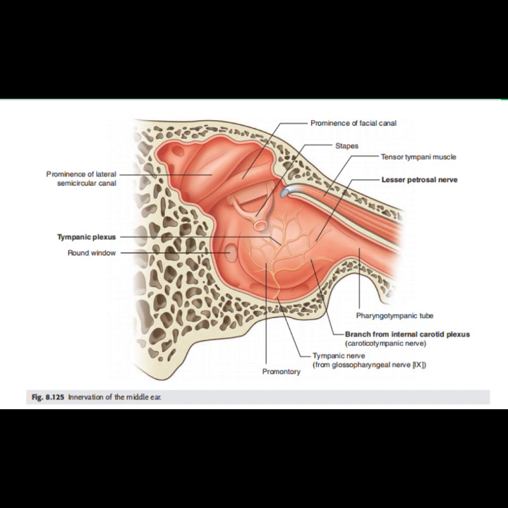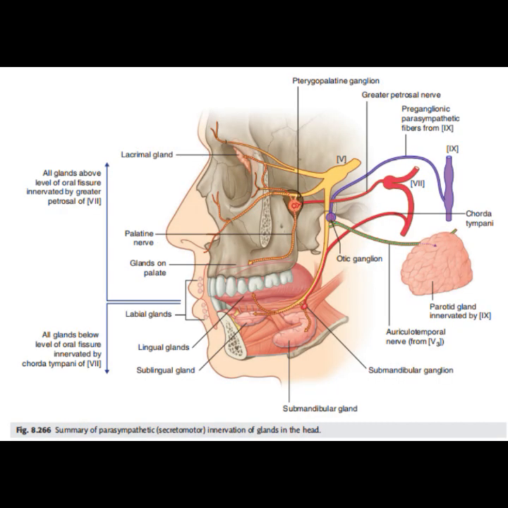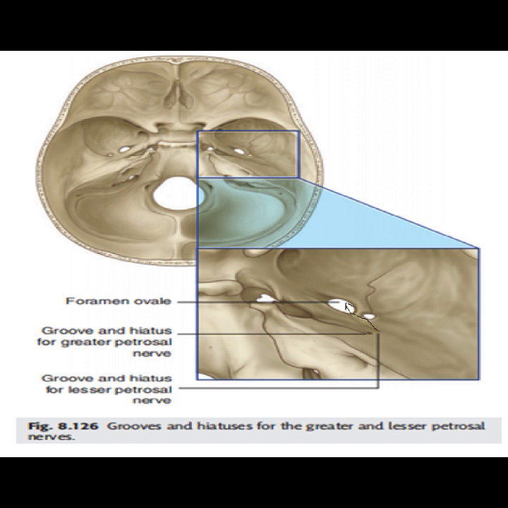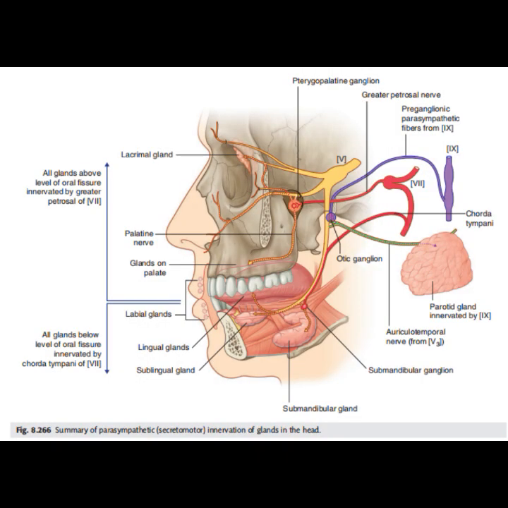The tympanic plexus also gives off a major branch, the lesser petrosal nerve, which supplies preganglionic parasympathetic fibers to the otic ganglion. The lesser petrosal nerve leaves the area of the promontory, exits the middle ear, travels through the petrous part of the temporal bone, and exits onto the anterior surface of the petrous part of the temporal bone through a hiatus just below the hiatus for the greater petrosal nerve. It continues diagonally across the anterior surface of the temporal bone before exiting the middle cranial fossa through the foramen ovale. Once outside the skull, it enters the otic ganglion,